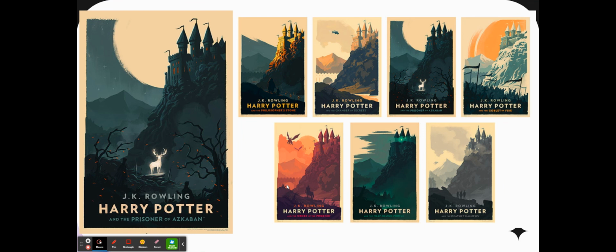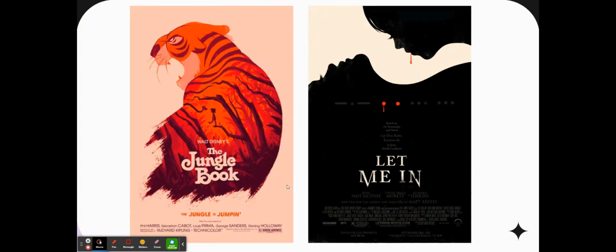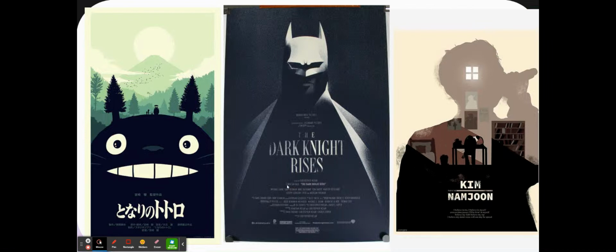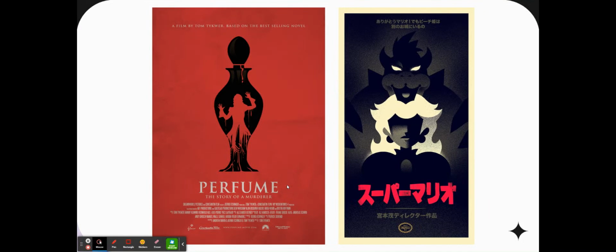These are some of his other posters that he's done. So they don't always have a huge, massive silhouette. This is a series he did for each of the Harry Potter books where it's always looking over the same landscape, but he's approached it a little bit differently for each of the novels. Okay, here are some of his other posters. Again, a lot of silhouettes and just very different amounts of detail depending on what the subject is. Yeah, this is an actual poster he did over on the right for a non English version of the Mario movie over the summer